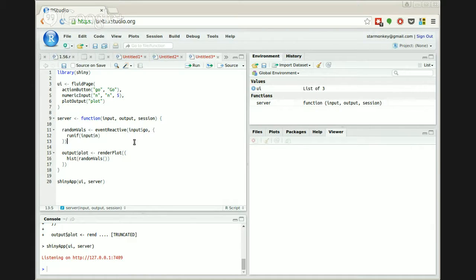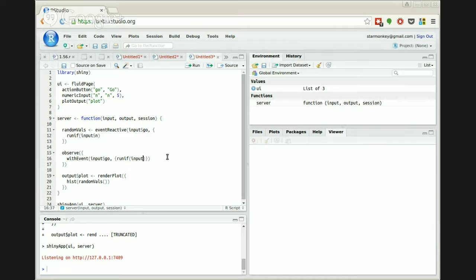Yeah. So the reason was, it's been a while. This is vaguely from memory, but it was something like, with event input go, run if input n. I think it was, this is definitely how it started. And maybe it was because we couldn't agree on what this should be called. But there was some, or we couldn't explain how to use this thing. There was something like,